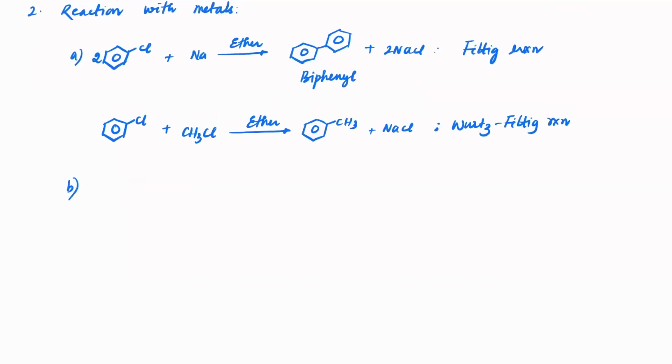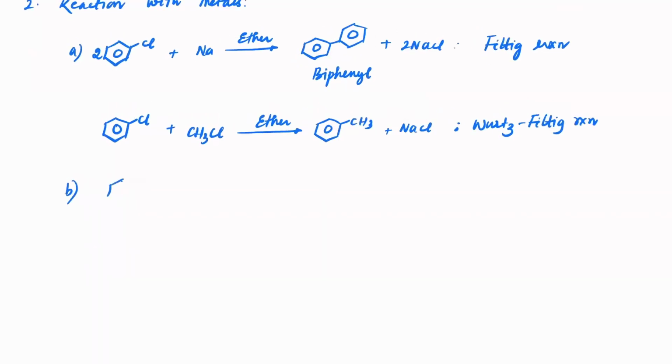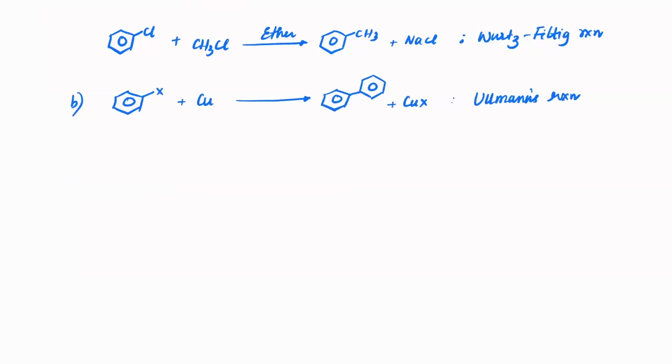Next, in case if you have any halogen here like this, and then you react with Cu, correct? If you directly react with Cu, in that case, it is called as, here also the coupling will happen like this. The same coupling product you will get, and you'll get this as CuX. This is known as Ullmann's reaction. Okay, usually it is done more by iodides, but even if you have other chlorides also, you'll get the